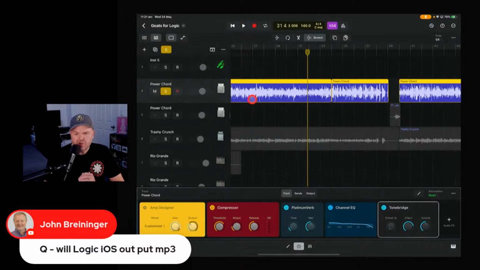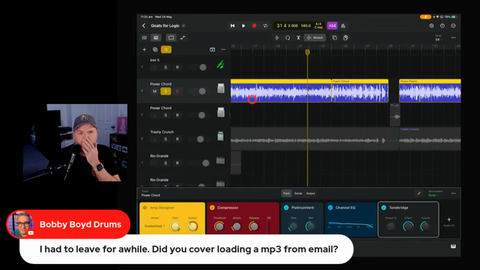But if you just wanted to, again, email a copy to someone or something like that, you can choose to do that. In terms of importing from an email, you just need to download the attachment, save it to your files app, and then import it from your files app. If it's in an audio file format somewhere, save it to your files, and then you'll be able to bring it in. That's the best way to do it, because you can't go directly from your email. So you say you got your Gmail there, you download it, you get the copy from your downloads folder, or just import it directly from your downloads folder.